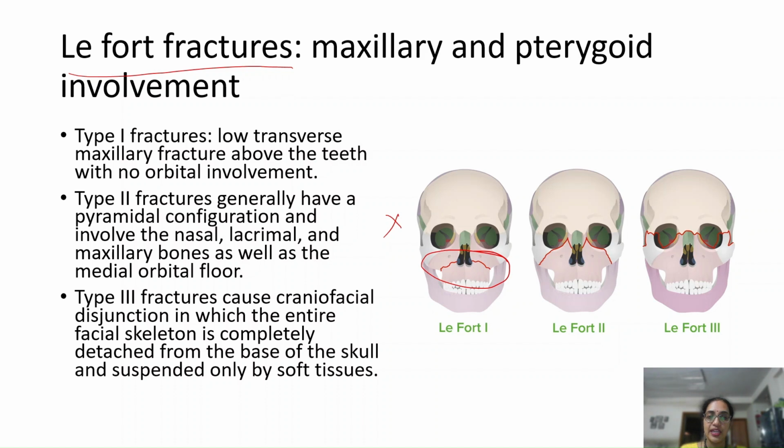So type 2, again let's see what type 2 is. Generally have a pyramidal configuration and involve the nasal, lacrimal and the maxillary bones as well as the medial orbital floors. So again there is orbital involvement here, correct? So it's involving the nasal and the medial bones of the orbit. Type 3 fractures, I used to call it as goggle fracture because the fracture line looks like the patient is wearing a goggle. So type 3 fractures cause craniofacial disjunction